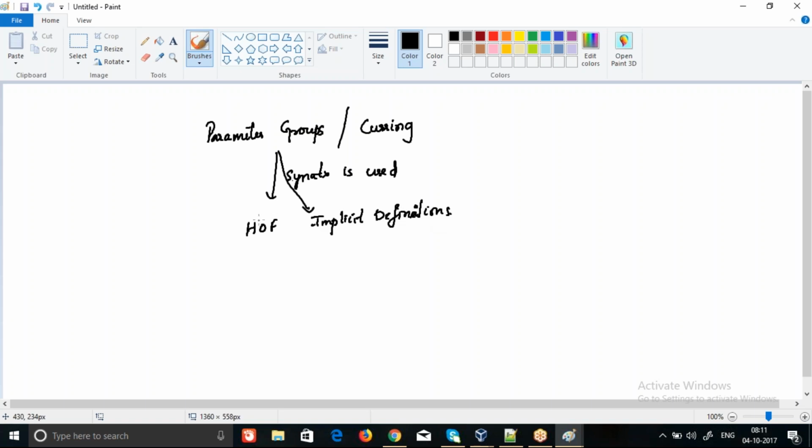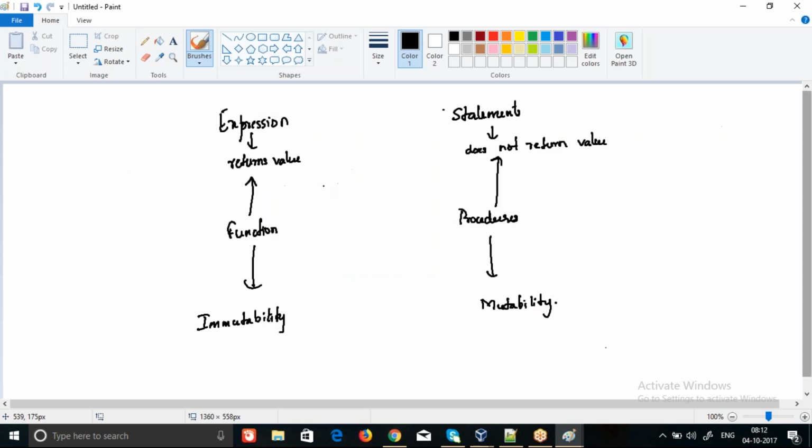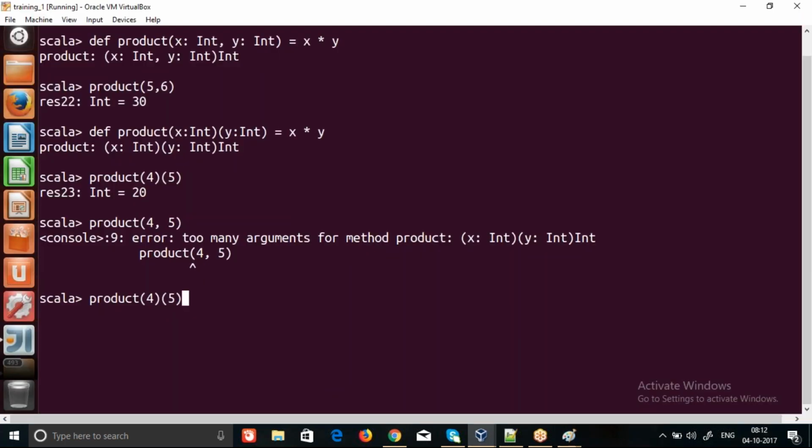So to understand how it is used, we have to learn higher order functions and implicit definitions. Only then will we be able to understand these parameter groups. But as of now, what you can imagine is that certain parameters have the same behavior. You group them in one group. Certain other parameters have their own behavior, and you group those parameters in some other group. Just like I can redefine this function and I can say,